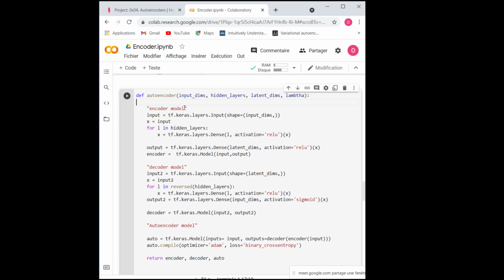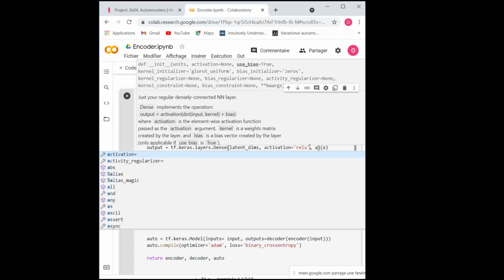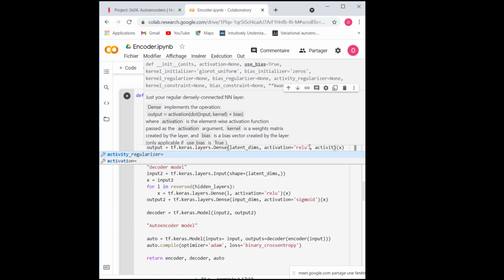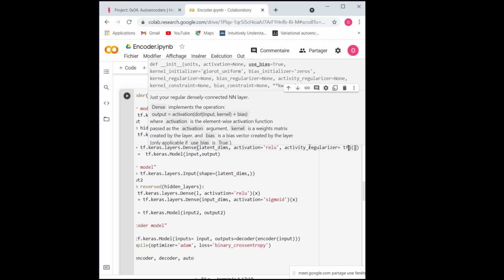The main difference is that we are going to add my term of regularization, and we need it to be in our output for the encoder. So I'm going to add it right here. I'm going to add the regularization in the activity regularizer, it's going to be my Keras.